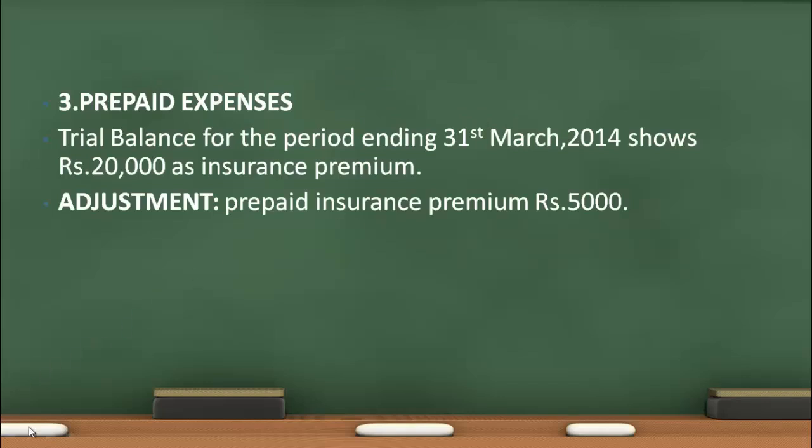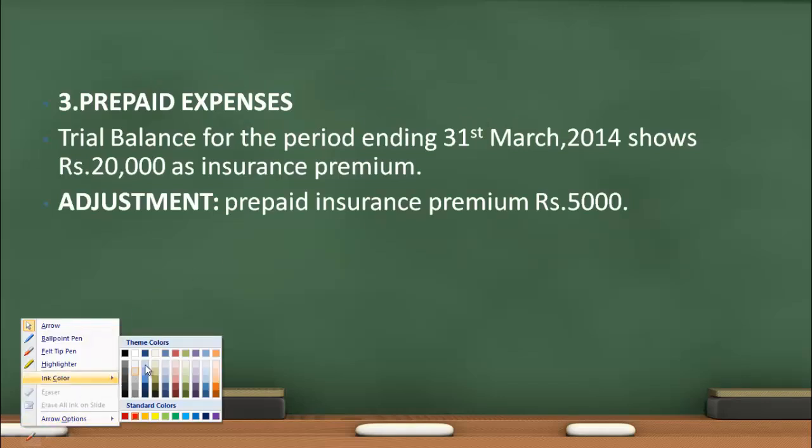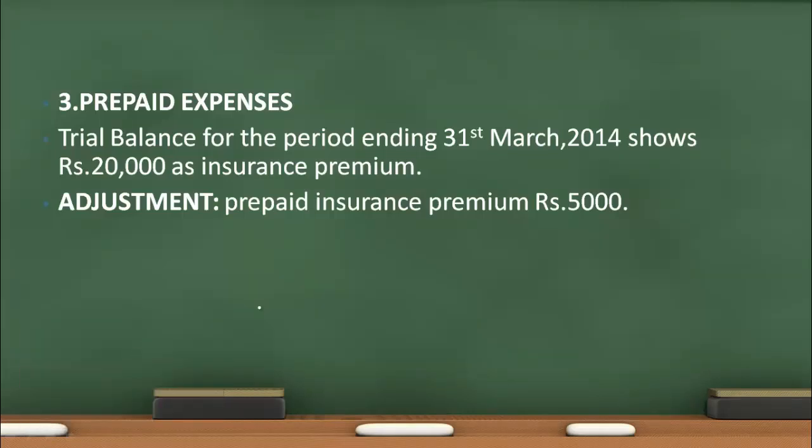The third adjustment entry, prepaid expenses. Students, what is prepaid expenses? Okay, let's read the question first. Trial balance for the period ending 31st March 2014 shows rupees 20,000 as insurance premium, whereas there is an adjustment which says prepaid insurance premium rupees 5,000. So trial balance says the company has paid rupees 20,000 as insurance premium, whereas adjustment says there is a prepaid